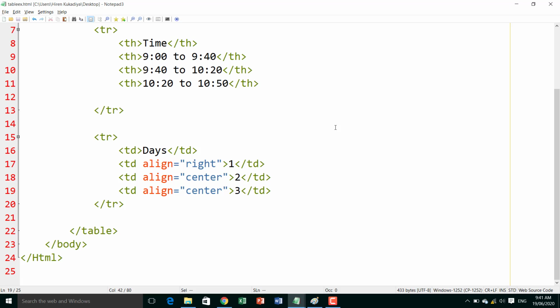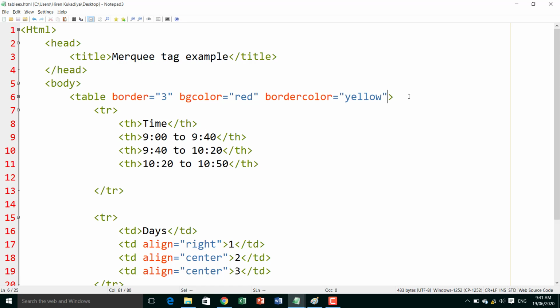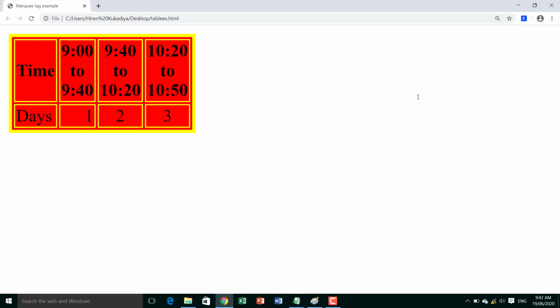In this table also, a table has different attributes. We have seen border, bgcolor, bordercolor. Also you can give the width and height. Suppose we will take here table width equal to 20%. So what is the difference? You will see the width. Okay, so this is the width.